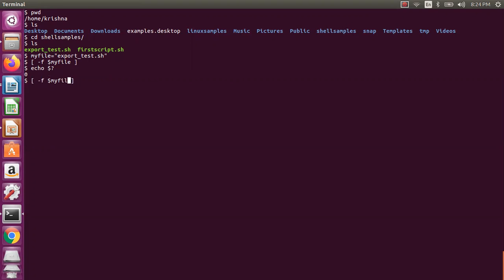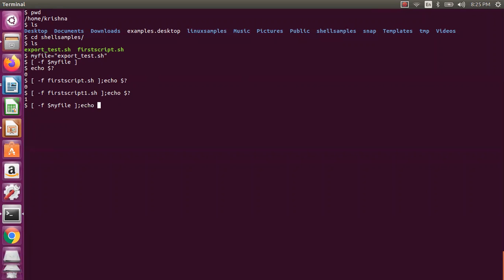Now I will directly do the my first script, we will try to do it directly. This also exists, so the output will be 0 anyway. Now if I say one, something like this, then it is 1. This is just for you, because you should not think everything will be 0, it will give whatever is possible. So minus f is whether it is a file or not. So that is minus f. Now whether the file exists or not, we can check with that.